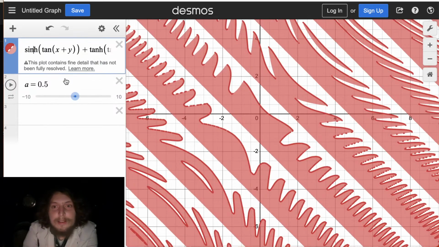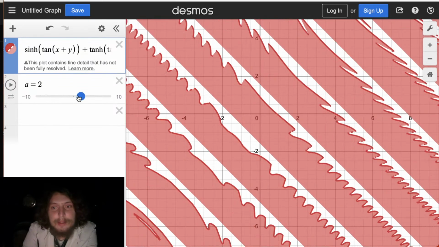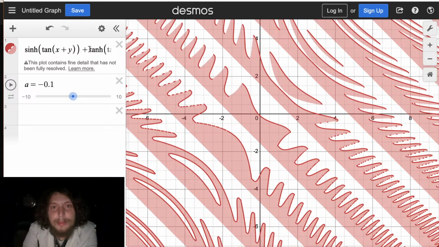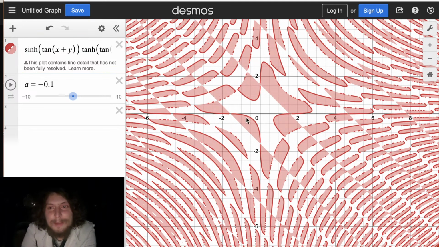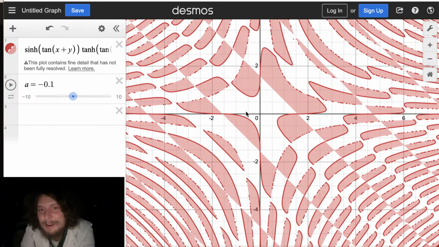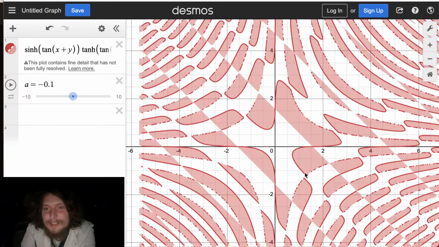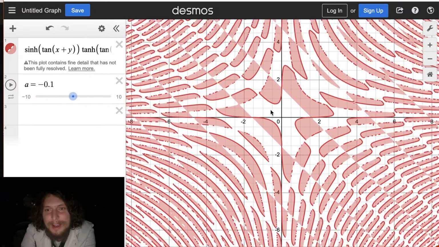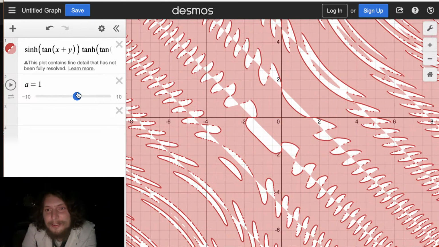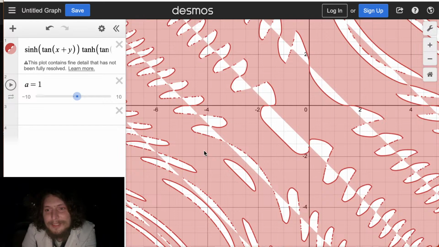So that sort of flipped it, and we get these bars coming in, this pattern we've created. So let's try something new. Now we multiplied them together, and now they made this whole weird, crazy version of a checkerboard. This would be a cool board game if this was somehow the way the squares worked. And that's at that value. Oh, this one's neat. I like this one.